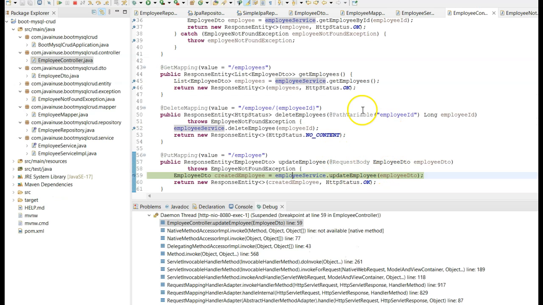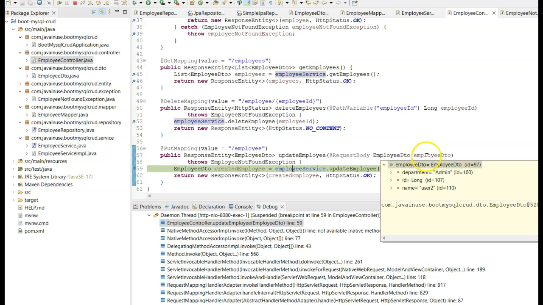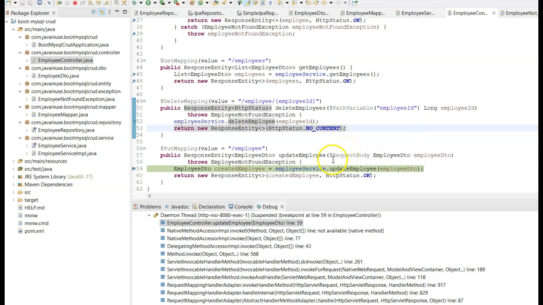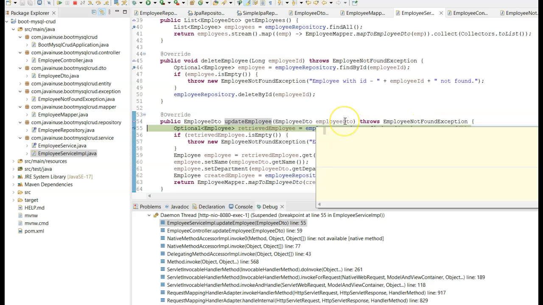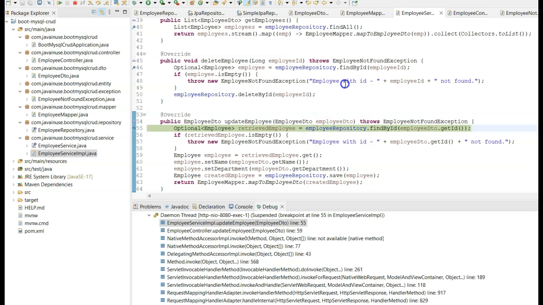Here we have received the request in the controller. Here we have the employee DTO. The department is admin, and we have the employee ID and the name. Let us now go to the service layer. Here we first check if the employee corresponding to this employeeDTO.id, which in our case will be 2, exists or not.